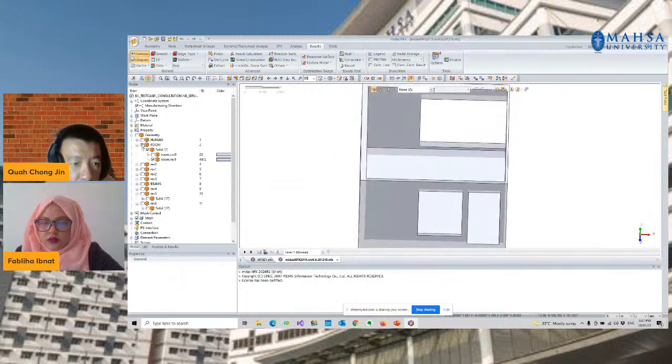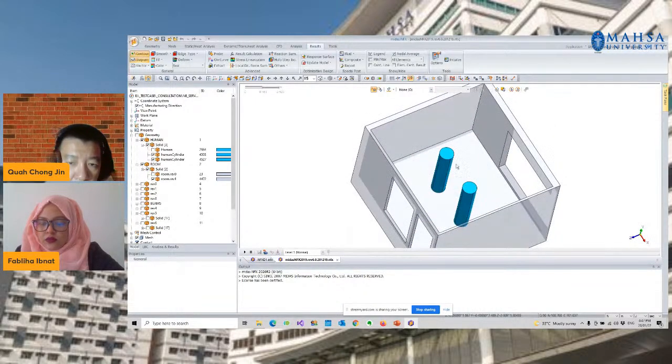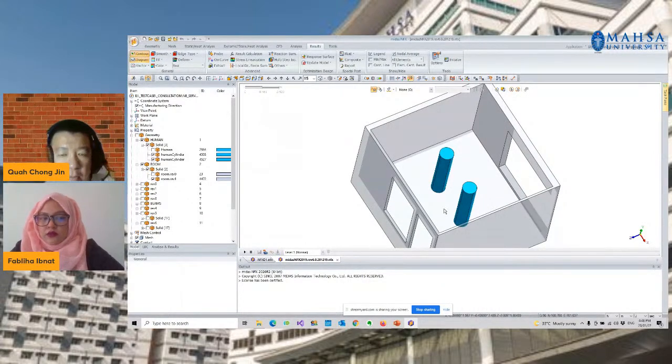We are going to place simplified humans in order to generate the heat flux, or the heat source. The objective of the case study is to design the heating and ventilation condition in this environment by so-called natural convection, as well as by pipe cooling.